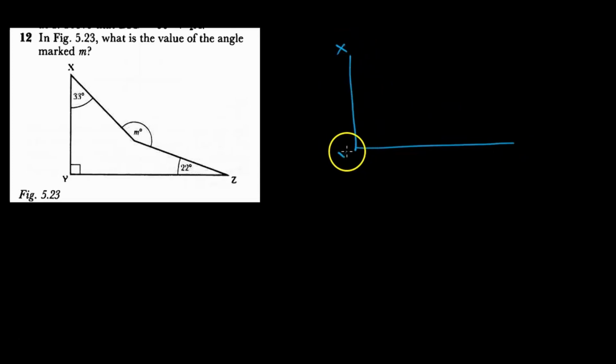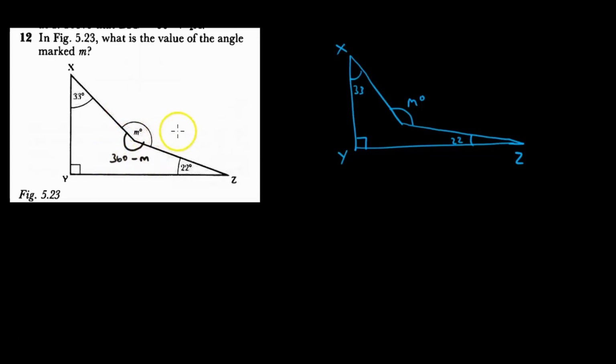Saka panapa pana x and apo pana y, panapa pana z, then we have line rokudai so, then rozodai so. Then this is angle M yatiri kutsvaga. Kaudzwa apo kuti it's 33, panapa it's 90, apo it's 22. So what we are going to do pano is, firstly, we have to know kuti angle ishi iri mukati imbori chii. And since uko kuside uko tina M, is it apparent kuti this is equal to 360 minus M because it's part of a complete revolution? Saka kana kunze iri M, mukati is 360 minus M.